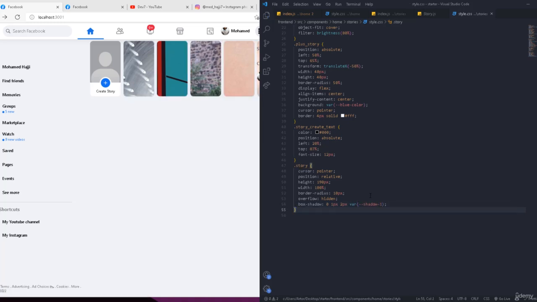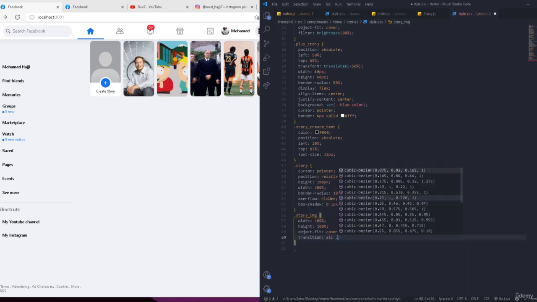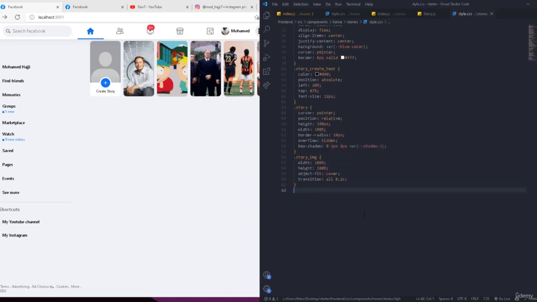Okay, like this. And now we have the things almost ready, and then we're gonna go to the story image, and in this story image, we're gonna make the width 100%, the height 100%, and then we're gonna take the object fit and make it cover. Okay, and the transition is going to be all 0.2 seconds, so we're going to have a smooth transition when we work on the story. So when we hover on it,